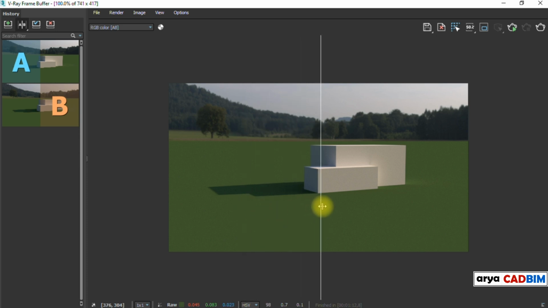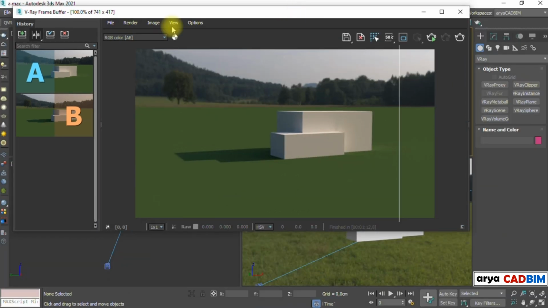As you see, there is no difference. Like I said in the beginning, the position of the V-Ray Sun icon is not important. It is the direction that matters.